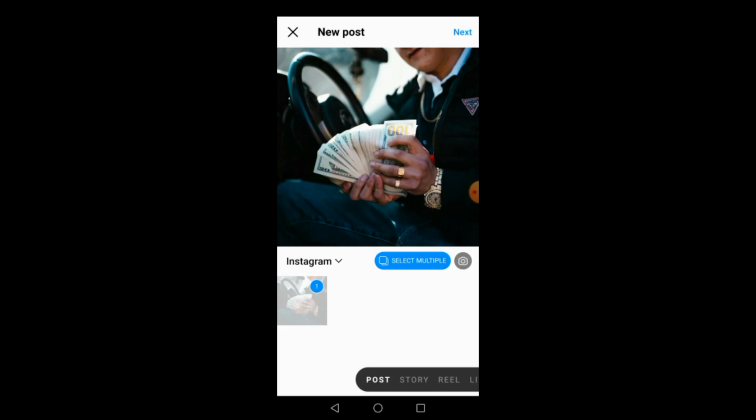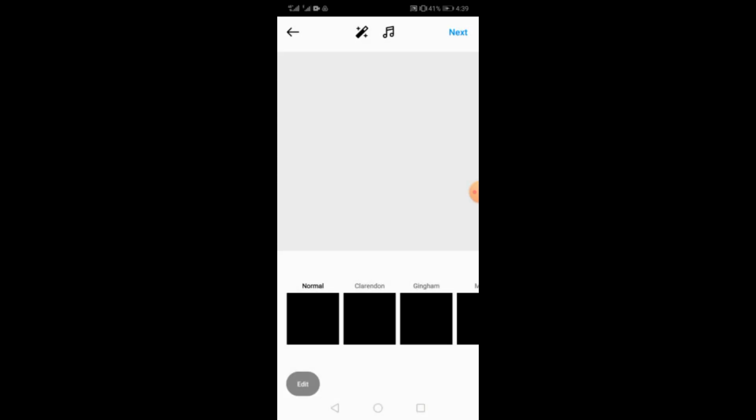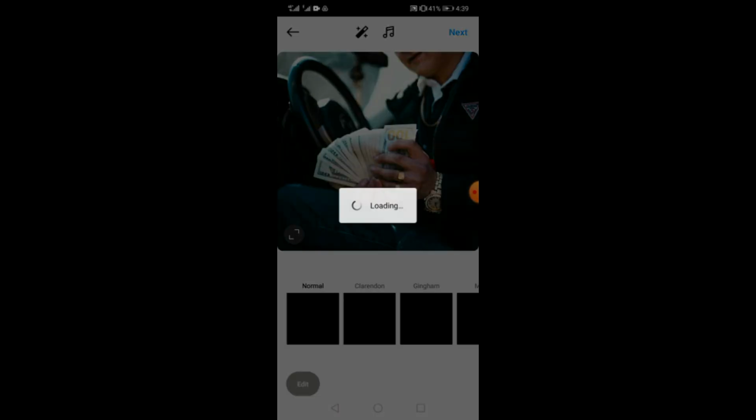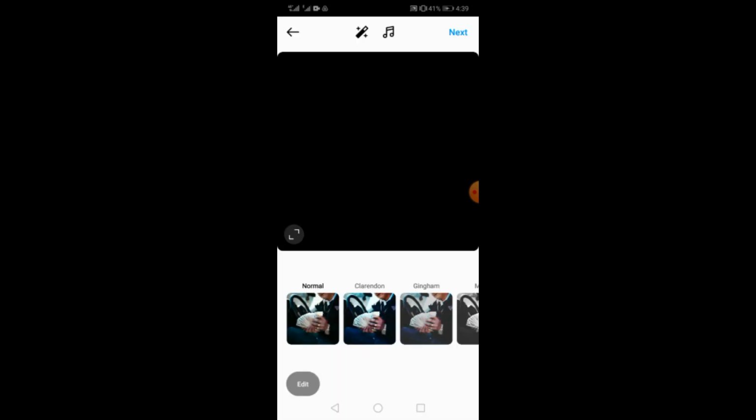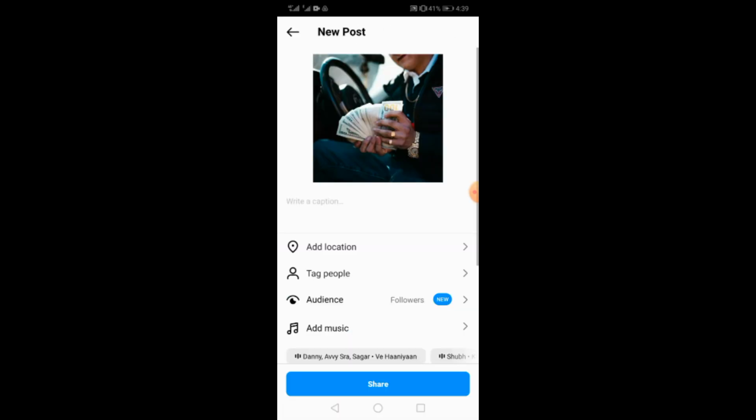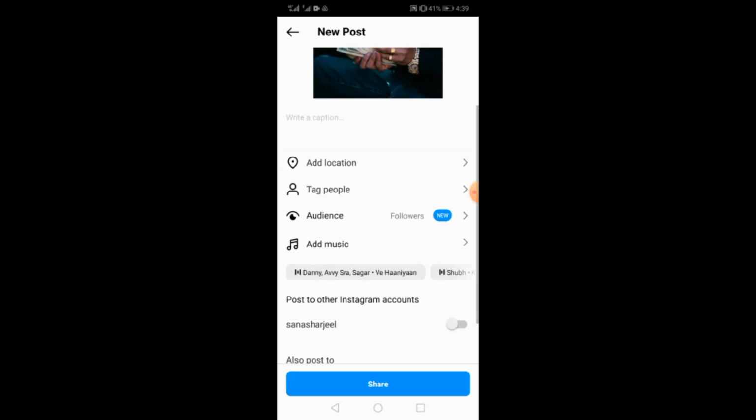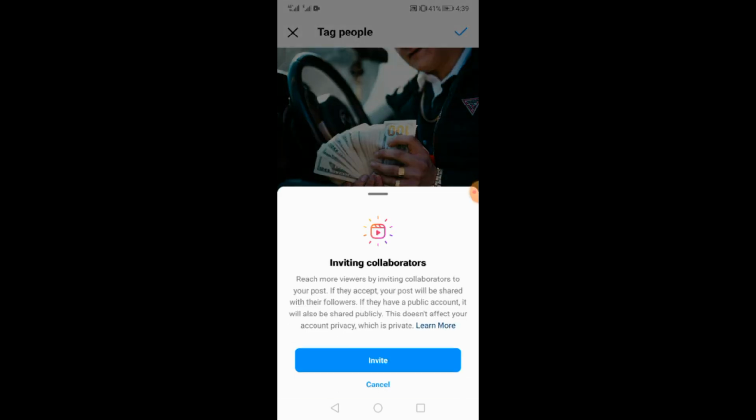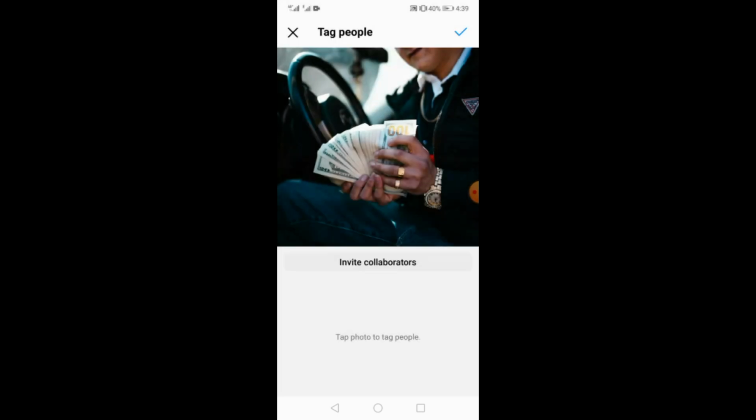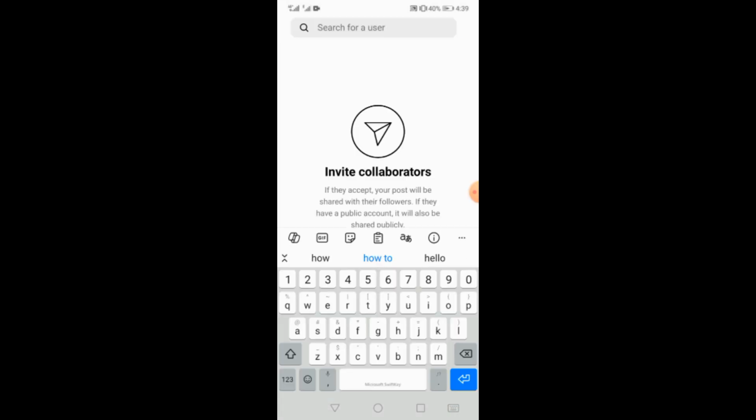and share more moment and do next. It will be loading, processing, and tag two people and invite collaborators. Invite, tick the blue button and search the bar